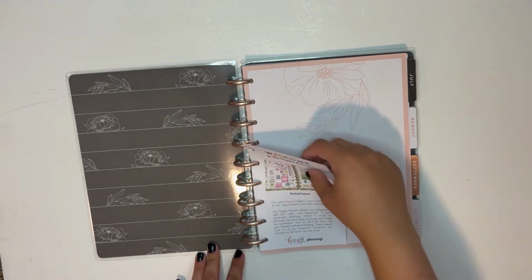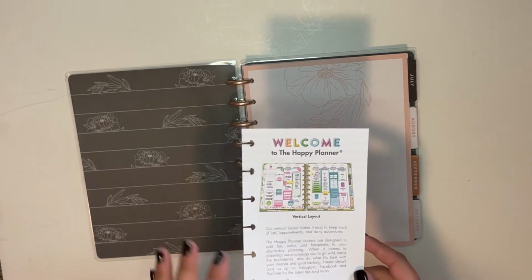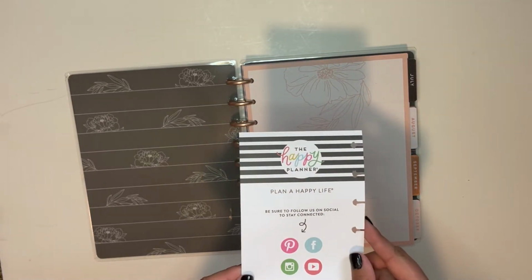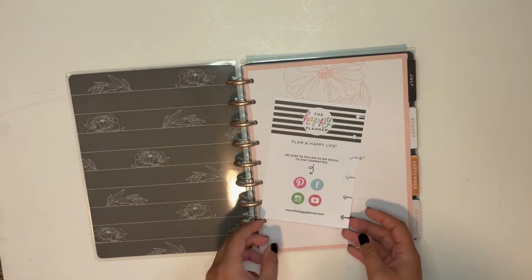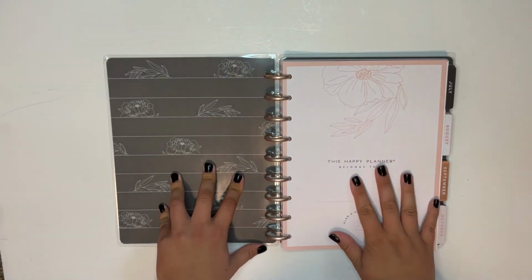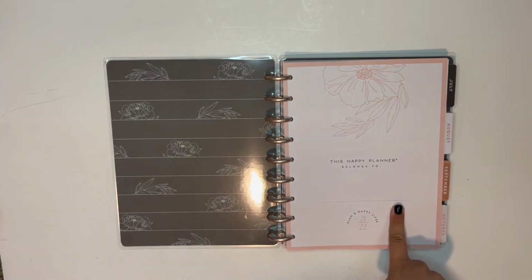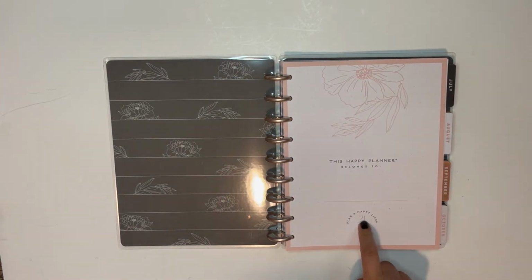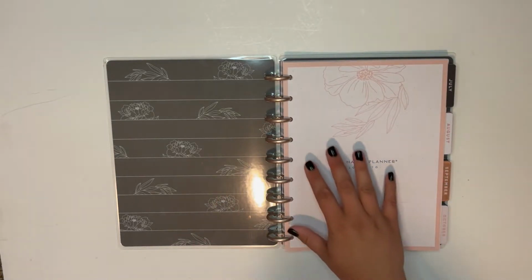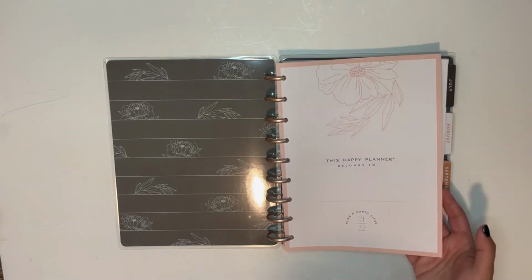Alright, so this is a vertical layout. It comes with this little welcome to the Happy Planner thing, and then their social information. And then this is a beautiful cover page. So this Happy Planner belongs to, and then a space to write your name, Plan a Happy Life 2021 through 2022. And then it's all kind of this blush rose gold and then black and neutrals color theme